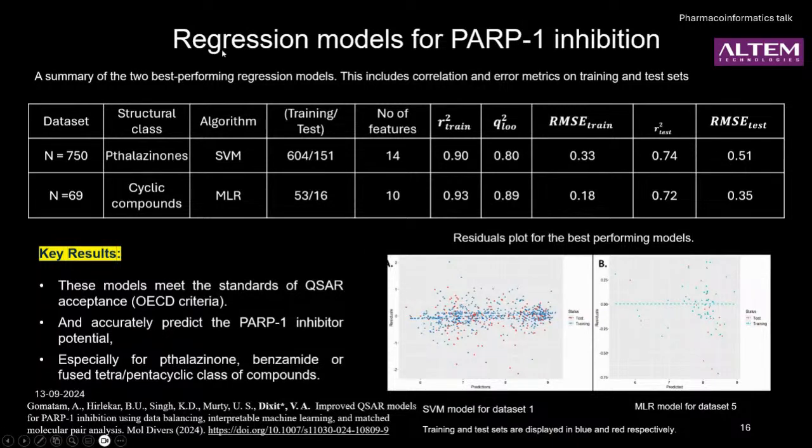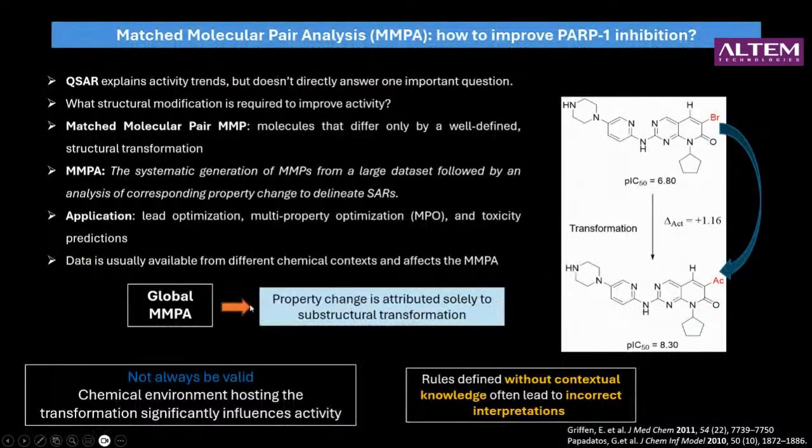Therefore, we have taken forward this model and identified compounds which are likely to be active. Then we have also developed regression models using two data sets which had around 700 compounds and 70 compounds each. So these are more focused. These regression models have a narrow applicability domain, but nonetheless they are useful. And we found that support vector machine and multiple linear regression allow us to get high accuracies of prediction and lower errors. So these were later used in other projects to make predictions.